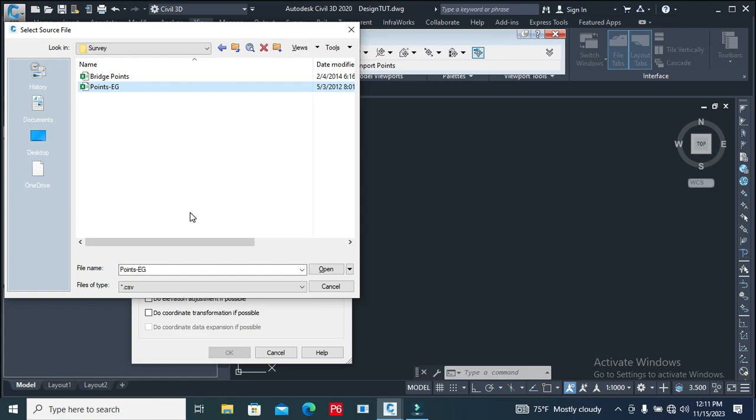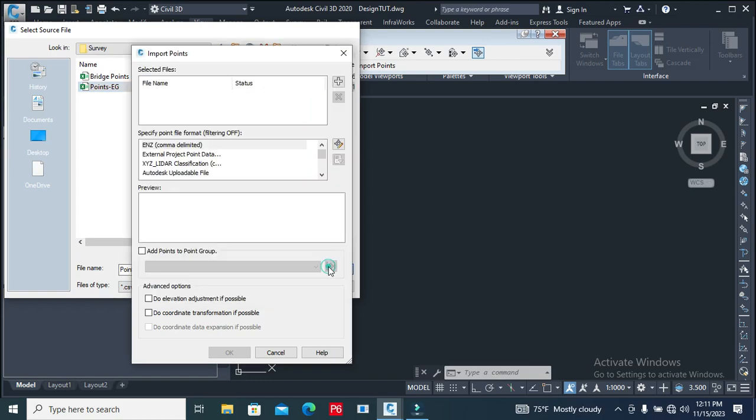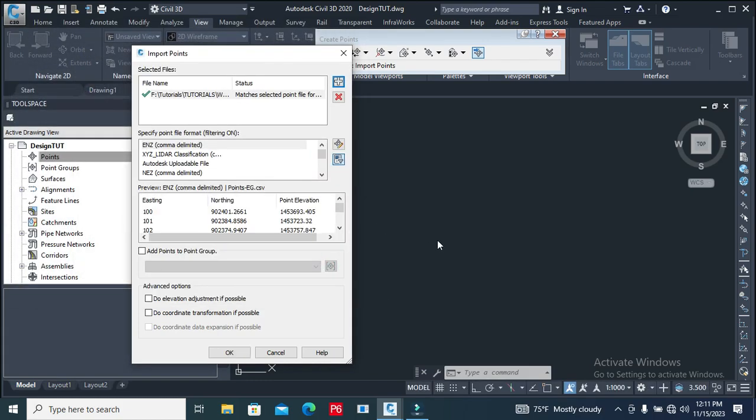These points are usually saved in a CSV format. You can open that. You can see the first column is easting, northing, point elevation, but now this is where you have to select the format in which these points are arranged. So we come here, we go to